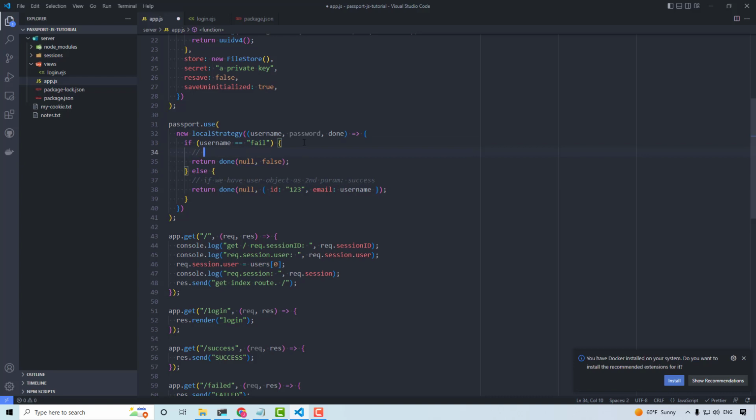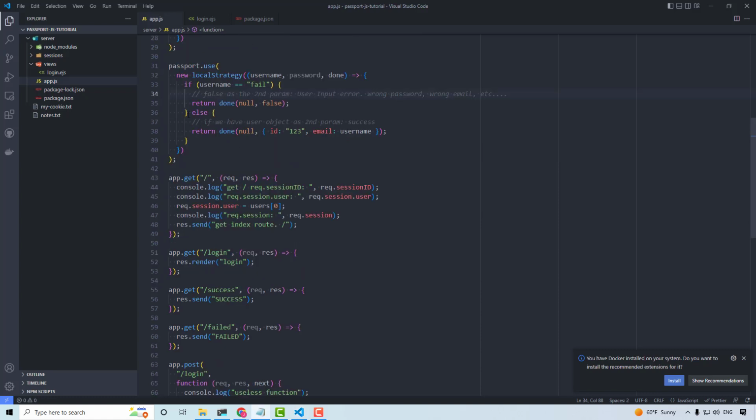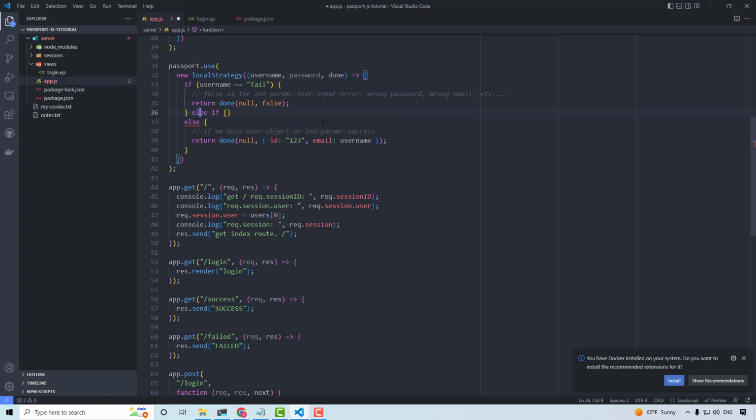And then in this case, we have false as the second param, which equals user input error. Wrong password, wrong email, etc. User input error. There's also the possibility for application errors. And so in this case, we're going to make another else if,